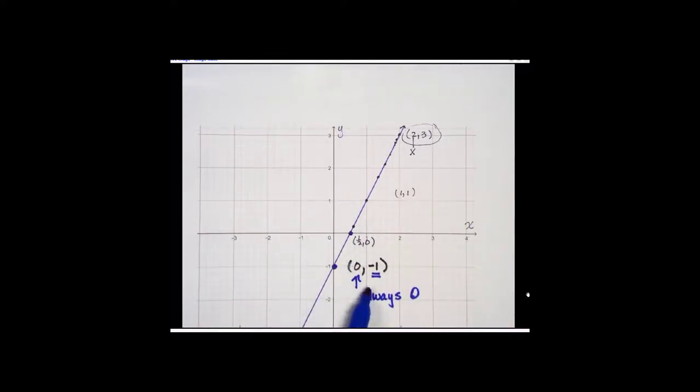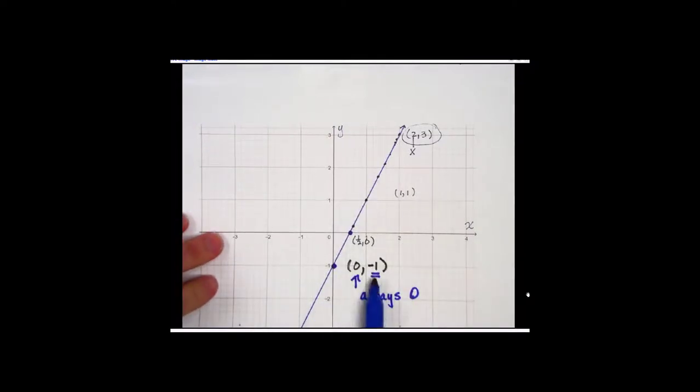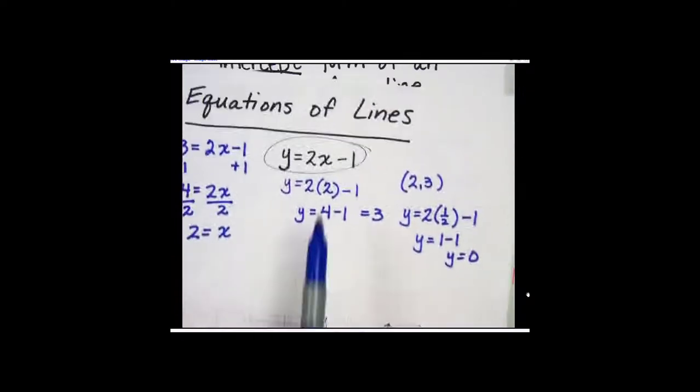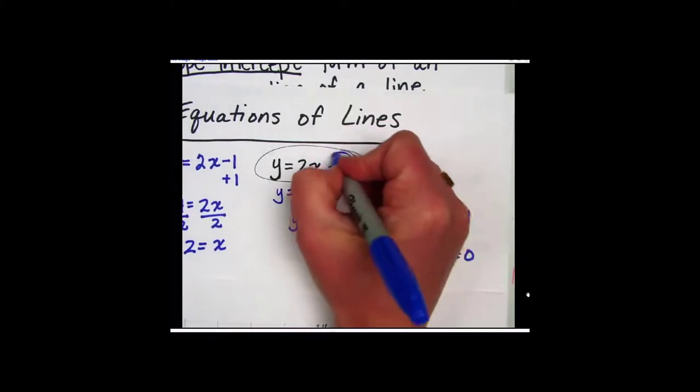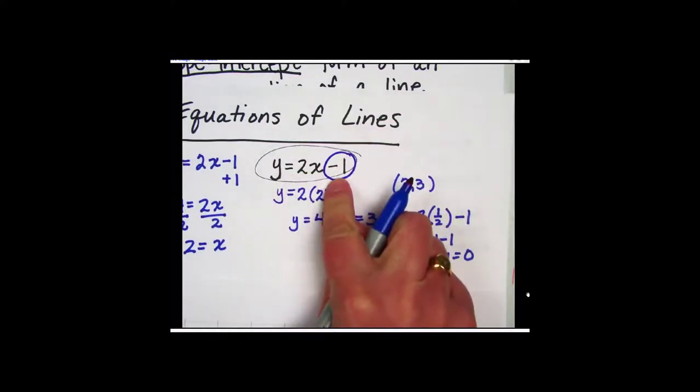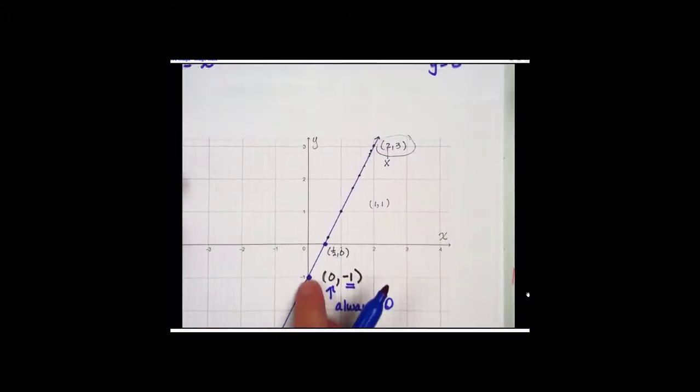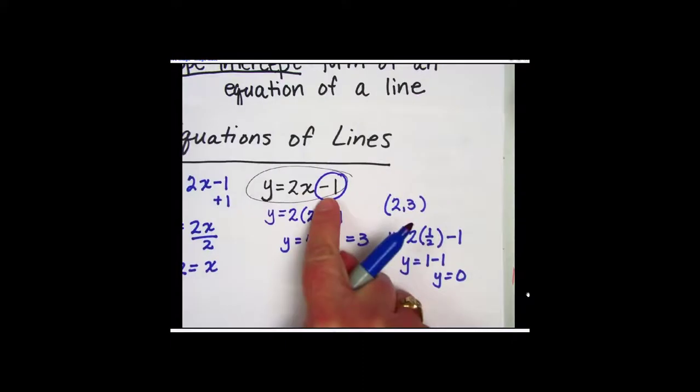The x-coordinate is 0. So in this case, I would have the steepness of my line, and then my y-intercept should be -1. And if we go back and look at our equation, sure enough, we see that it's -1. So plugging in for B really is that simple. We find the point where our line crosses the y-axis and we take the y-coordinate, which is -1, and simply plug it in. So how do we find our slope?